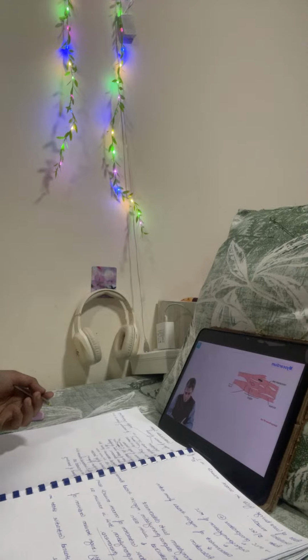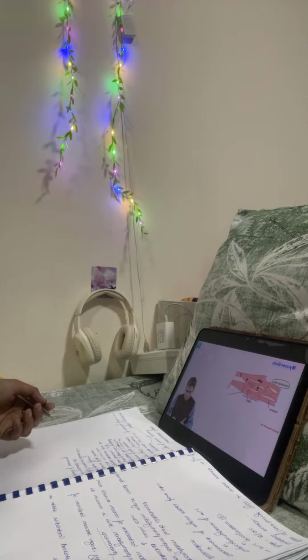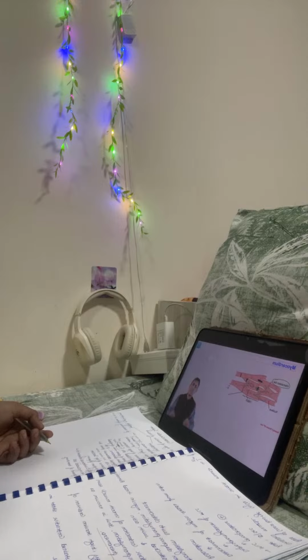Now two cells are connected with one another, and there is a dark color line, a dark color region. This dark color region is nothing but your intercalated disc, and at the same area where this intercalated disc is present, the gap junction will also be present. And you can easily find out the regular branching pattern in case of myocardial cells. So they branch out with one another, which is completely different from skeletal muscle, because skeletal muscle is a single